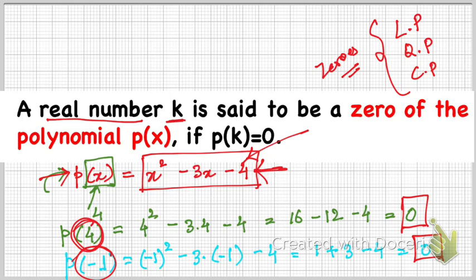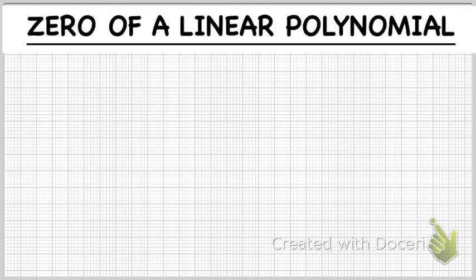So I guess this zero of a polynomial is very much clear to you. The zero of a polynomial is nothing but whenever you put any value for the variable term in that particular polynomial and you get the final answer as 0, you will say that particular value, that particular k value, is the 0 of that polynomial.